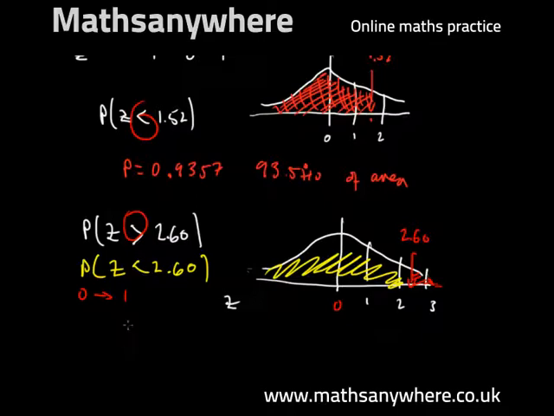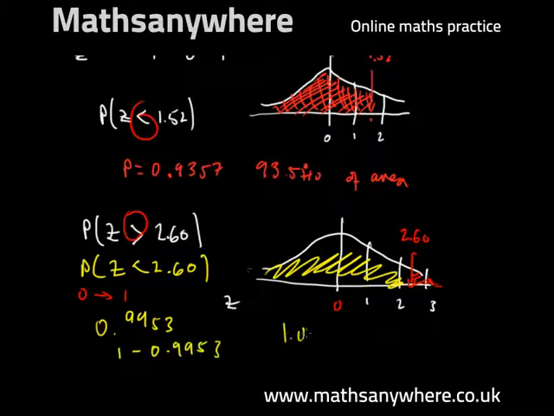That's what the information gives us. The probability of the value falling to the left of the threshold point, 2.6, is 0.9953. Because the total area is 1, we can say 1 minus